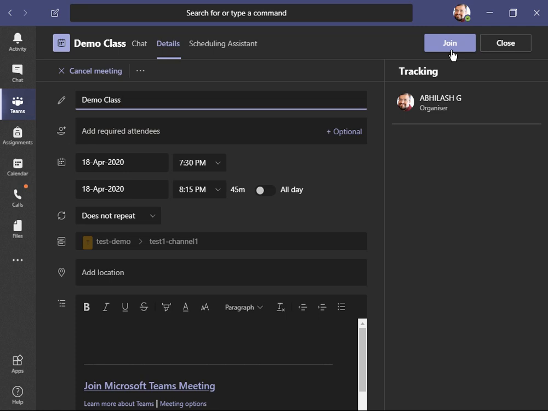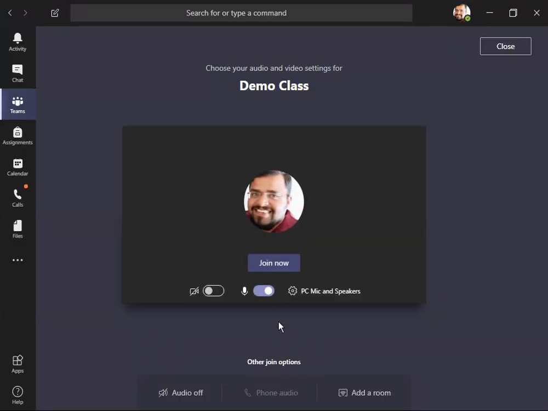This can actually be a problem in certain cases, because students might mistakenly join the wrong meeting and wait for you to take class in a session where class is going on in another. So we have to let students know that this meeting has already ended correctly, and we have to let them know beforehand that they have to join the right meeting. The next aspect that I'd like to show is the recording option.